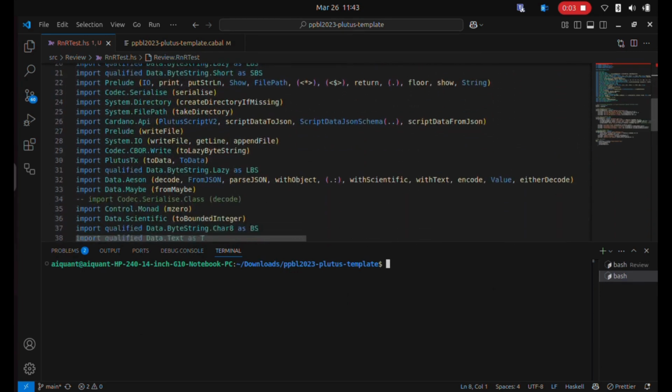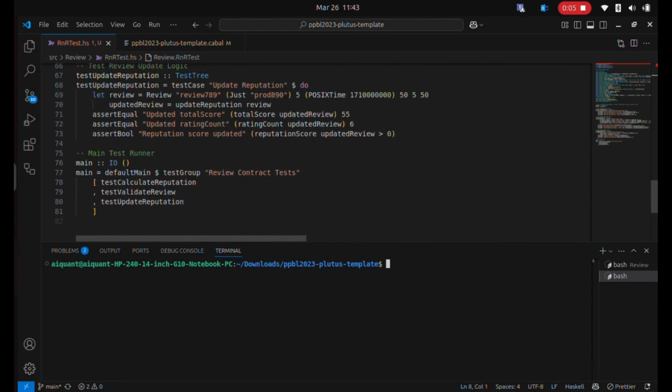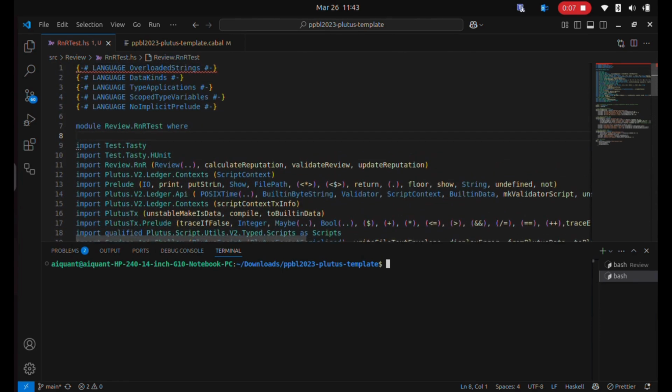Lastly, here are the unit test cases of our smart contract. Here is the test case written. We are importing all the functionalities from our smart contract here as we are using it in this test case. Now we will run this test case. We are doing Cabal build and after that Cabal repl.